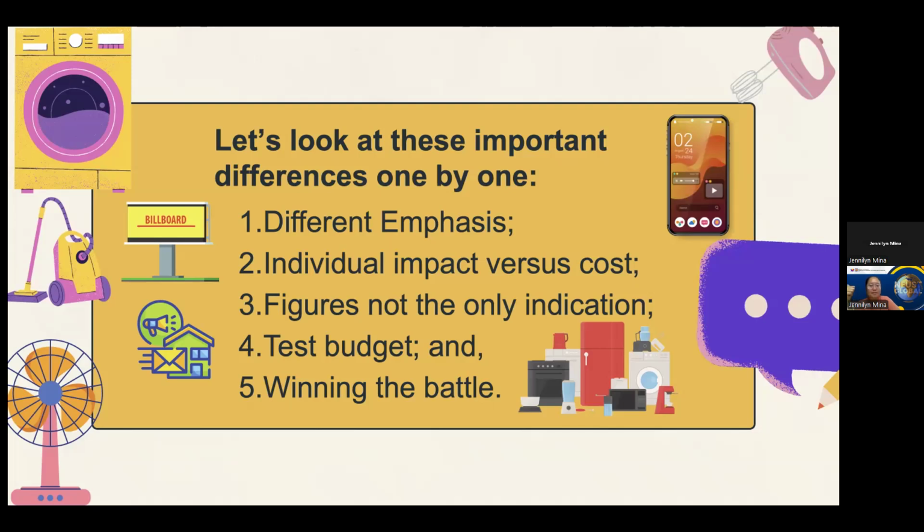For instance, Samsung might use direct mail or email campaigns to reach customers interested in high-tech appliances based on prior purchases. In contrast, general advertising might focus on widespread platforms like TV or highway billboards, and these broad reach channels are less important in direct marketing, where it is crucial to address a specific audience with a tailored message. We also have individual impact versus cost. Direct marketing emphasizes high impact media, even if they are costly.